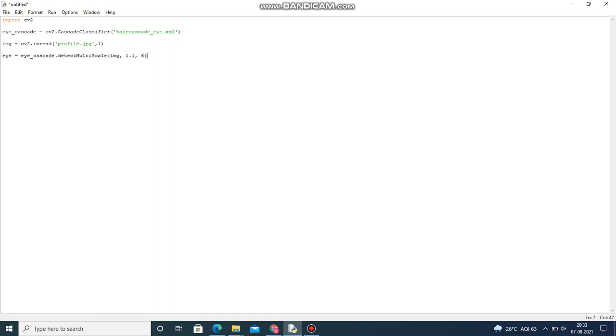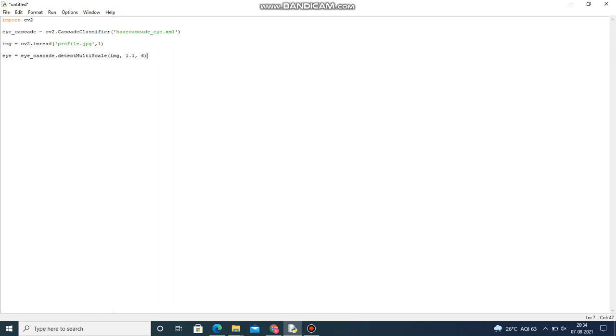You increase the chance of a matching size with the model for detection. This also means the algorithm works slower, though you may increase it to as much as 1.4 for faster detections, with the risk of missing some eyes altogether. We have used 1.1, which is less than 1.4.